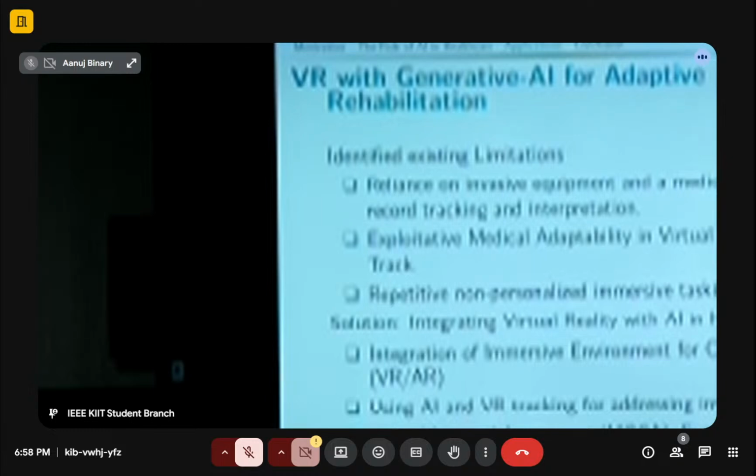So in this way, when there are different exercises and his health is also being improved, he will also enjoy, and the reports are also being generated by the GenAI, so that,